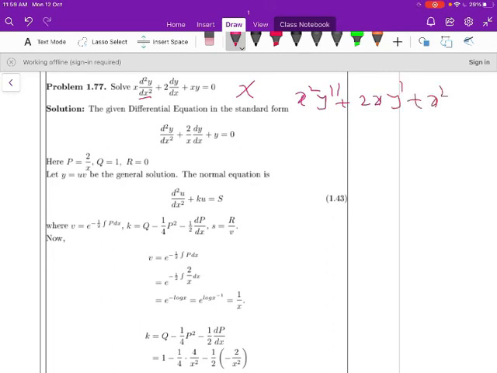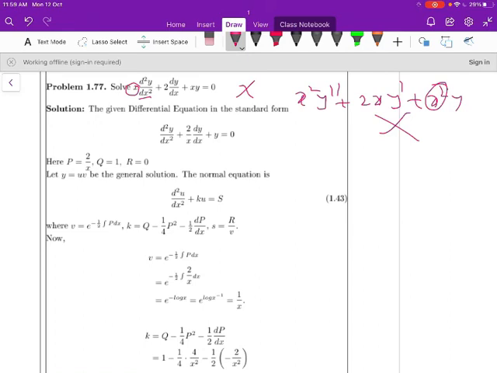If we multiply by x, what happens? x square into y double dash plus 2x into y dash plus x square into y. This is a problem, because the first term is of order zero in degree, but the degree of x is 2, so you cannot solve by Cauchy. Therefore one can try another way. Let us try this problem through the normal form. Let us write the general form of the second order differential equation, so x should not be here.